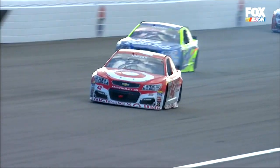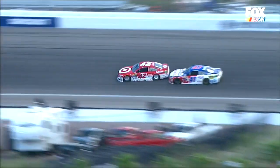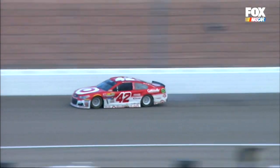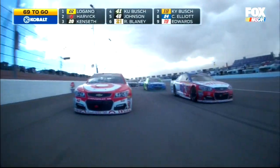They were battling to be the first car one lap down to be in the free pass position. Yeah, they're just really, really tight racing right there. You can tell that A.J. Allmendinger got in there and he sort of drifted up. The front of his car didn't quite stick, and it got right to the corner of that rear bumper on